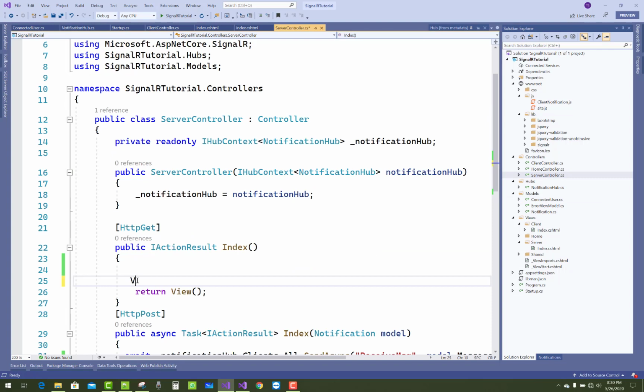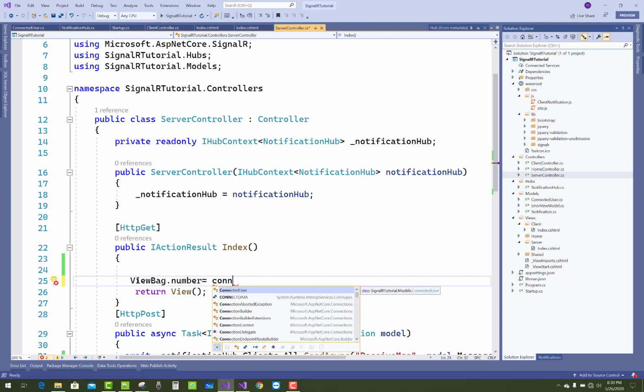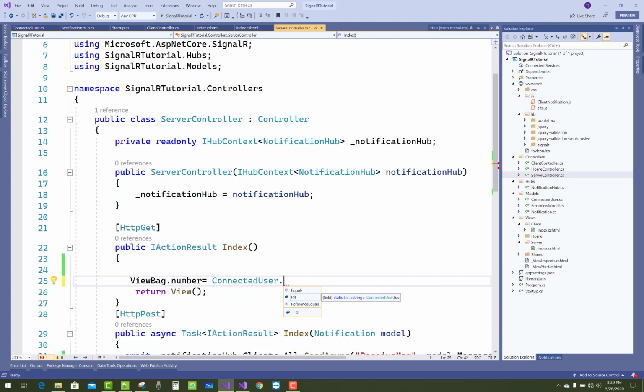In the server controller, add a ViewBag object, ViewBag.Number, to show how many users are connected with the hub. So you have to use ConnectedUser.IDs.Count property.